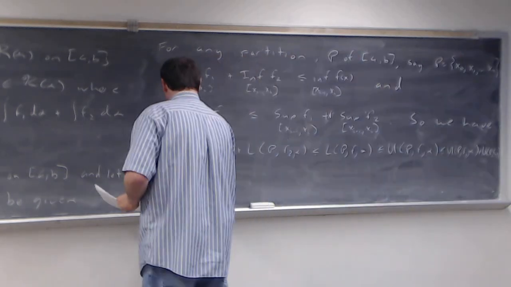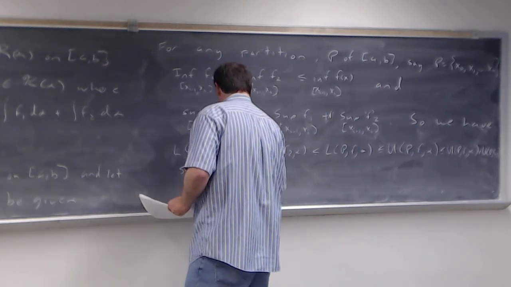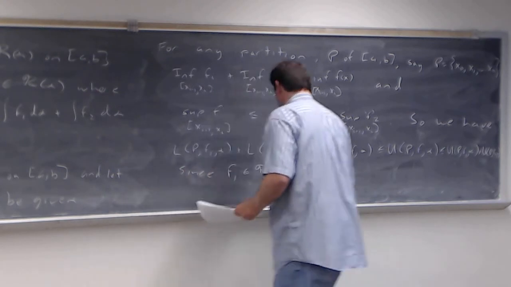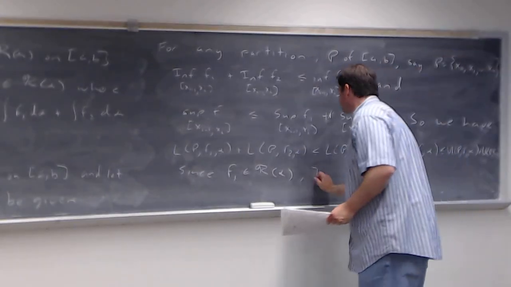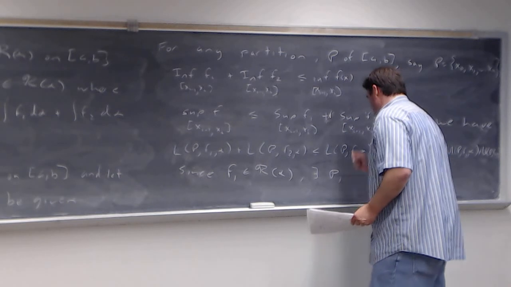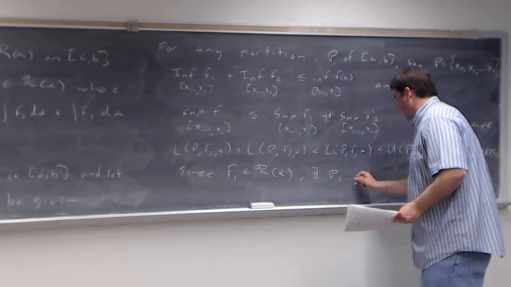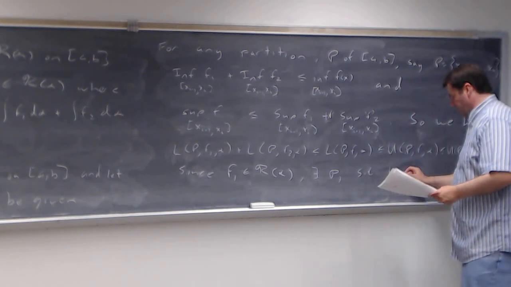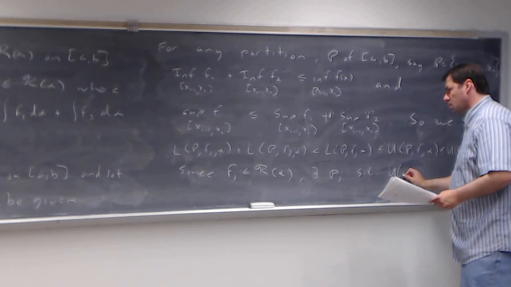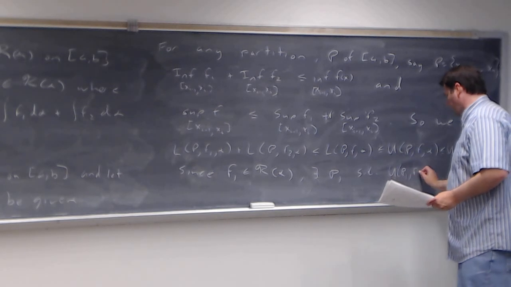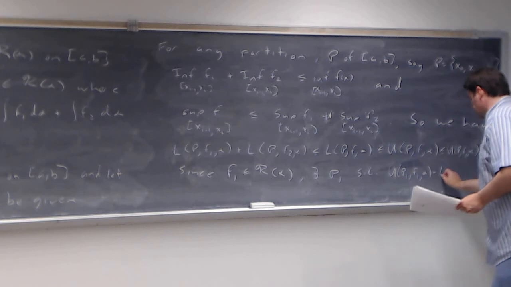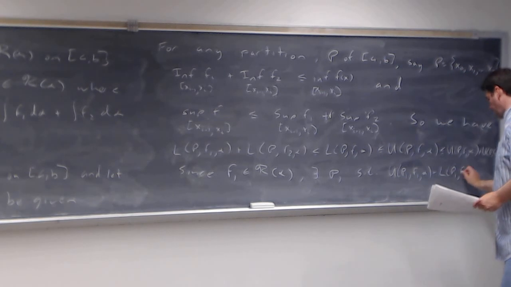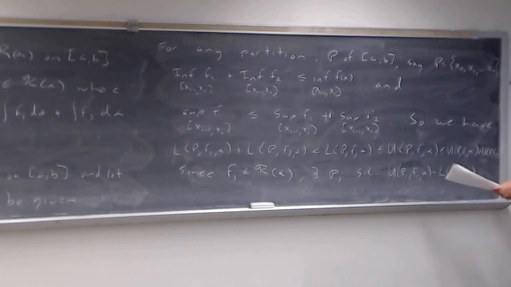Now, since f sub 1 is Riemann-Stieltjes integrable, there exists a P sub 1, a partition of A and B, such that the upper sum with P sub 1 of f sub 1 and alpha minus the lower sum of P sub 1, f sub 1 and alpha will be less than epsilon over 2. Epsilon is something given to us. Okay. Similarly,